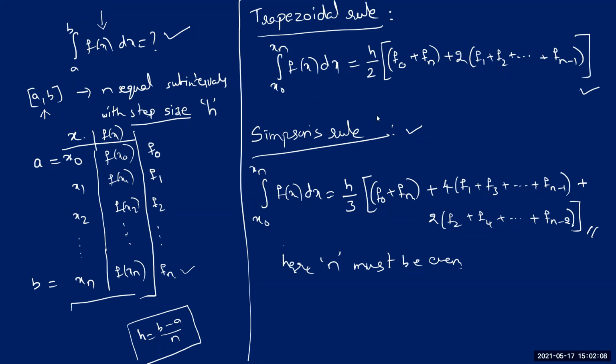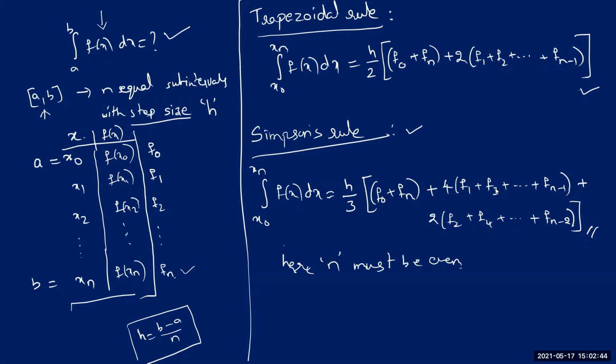In a similar way, you can use Simpson's rule also. In fact, the question is the same, to evaluate this integral. But here, we are approximating the function by parabolas. So when you use them, you will get it like this. h by 3 times sum of end points, first one plus last one, plus 4 times, look at all these suffixes here, 4 times odd ordinates, function values with odd suffixes. Then plus 2 times function values with even suffixes, f2, f4, and so on.